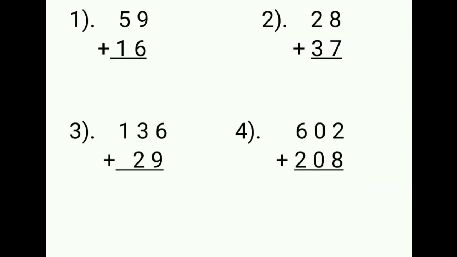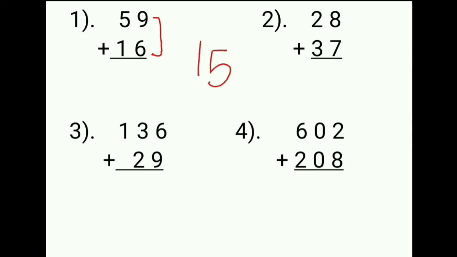Now we will look at some sums, so you all will be very clear. See here, 59 plus 16. We will start adding from the right hand side. So 9 plus 6. 9 plus 6 is equal to 15. See, here in the ones place, we are getting the answer in a 2-digit number. So we will put this ones place digit 5 down, and this tens digit here as carry, right? So 5 plus 1 is 6 and 6 plus 1 is 7. So our answer is 75.